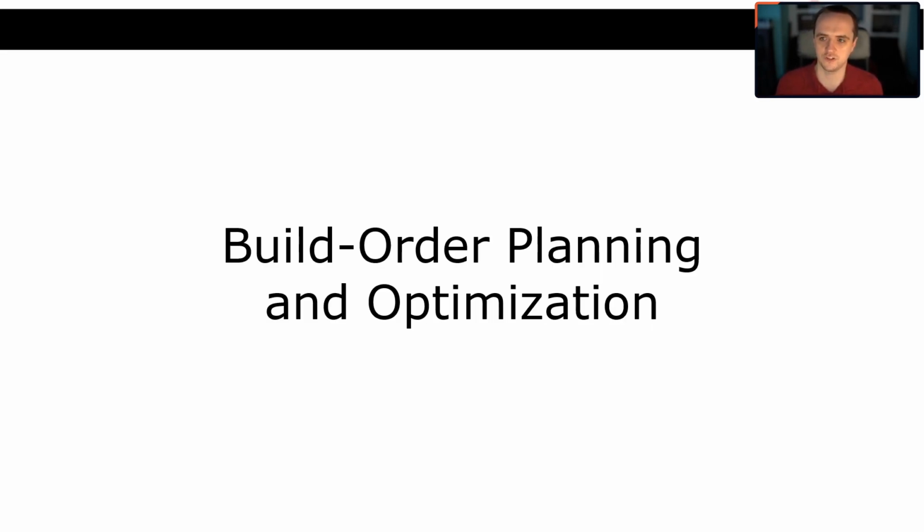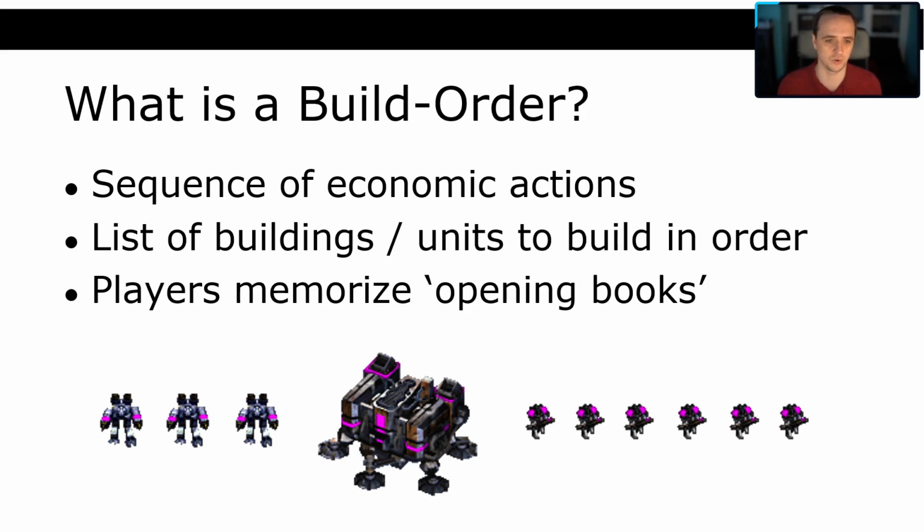So one of the first things that I did in my research is build order optimization and planning for StarCraft. What is a build order in StarCraft? Let's say we want to build some sort of army, like 10 Marines and 3 tanks. In order to get to that, I'm going to need to perform some sequence of actions. A build order is a list of buildings or units to build in a specific order. For example here, I've built 3 workers, a barracks, and then that barracks can